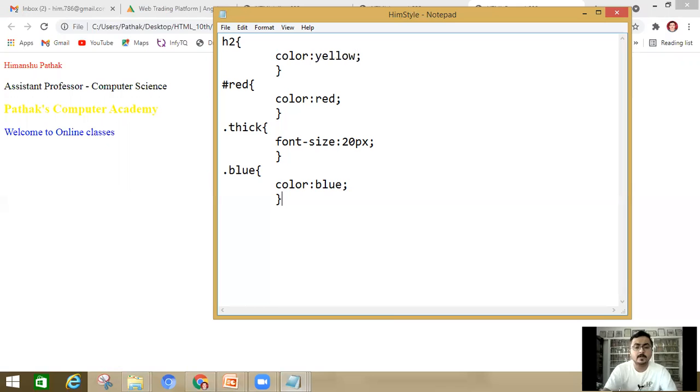Now I am going to write down body, background color, yellow. Okay. So now what will happen? Let's see.